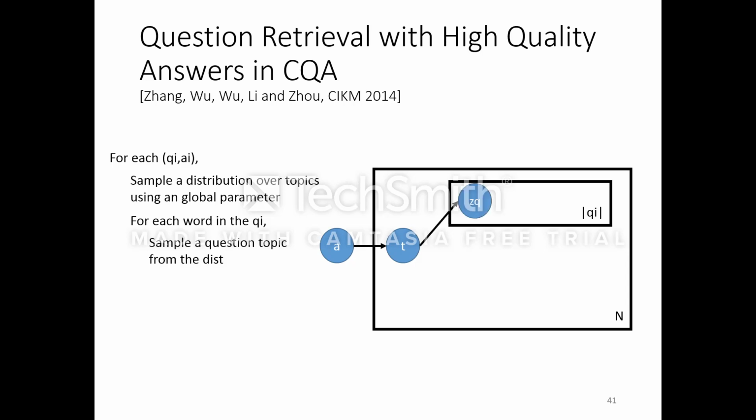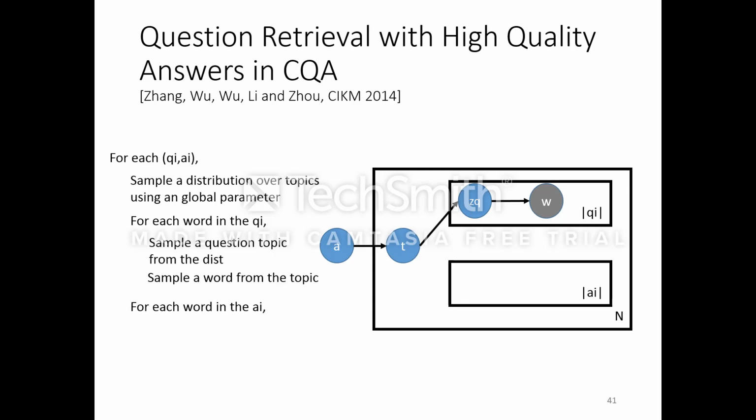For that you sample a topic, which is ZQ, from the topic distribution and generate a question word, and do that again and again in order to generate as many question words as there are in the question part. And similarly, you do the same thing for the answer part. You sample a topic from the topic distribution, and you get the answer words from